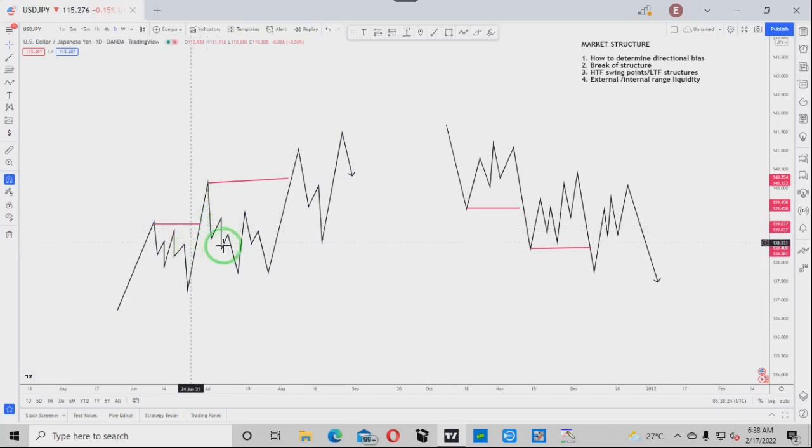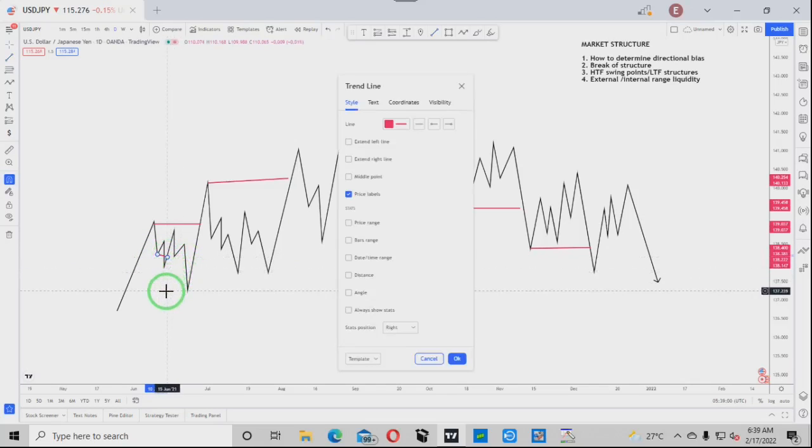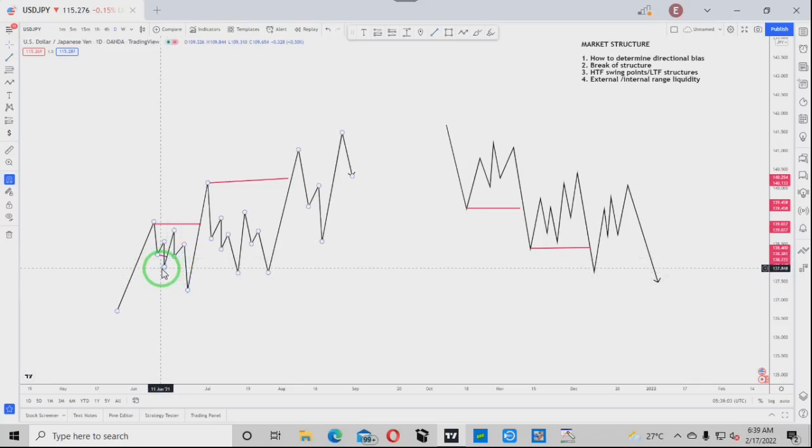Now, when price is moving this way on your chart, many traders will think, look at this portion for instance, that price has broken structure here to the downside. Can you see that structure break? Many will think that is a break of structure to the downside, so they will assume price is now coming down. No, price is not coming down.